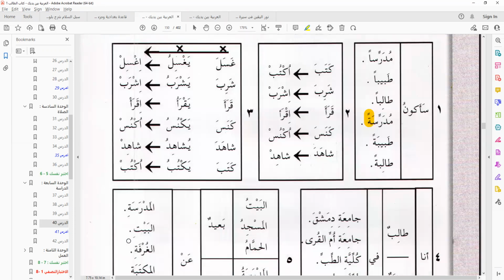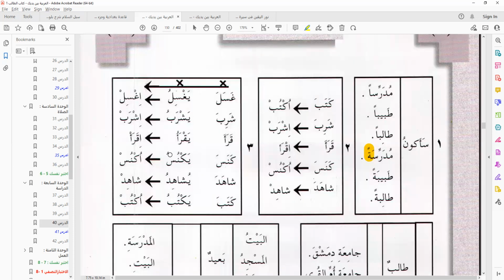Okay, so before we continue, this part is very important. So from here, at least you have some verbs you can use. So you should be able to know their Madi and Mudari, and some of them, they are Amr. These are very simple verbs you use daily. So I'm going to call on someone to quickly run through this as fast as he can, so that we can at least memorize. The more we read, the better it becomes comprehensive. So it stays and we retain it in our memory. So let's have Fatima.